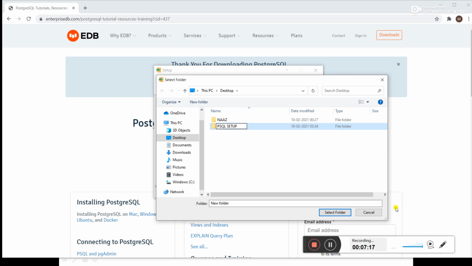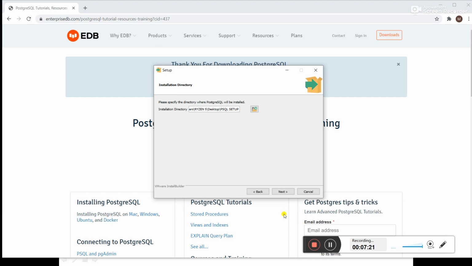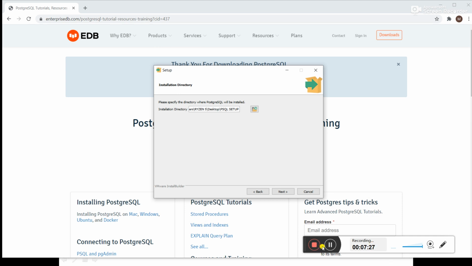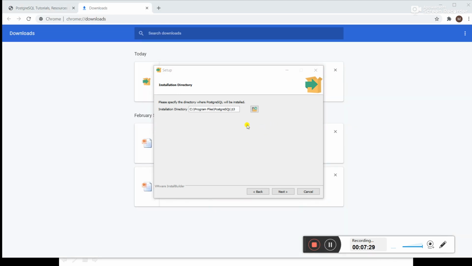Select the folder. Now click on next. It's creating a problem. So we will take the default drive, that is C colon program files PostgreSQL 13. Okay, we will take the default drive because it is not supporting some other drive.